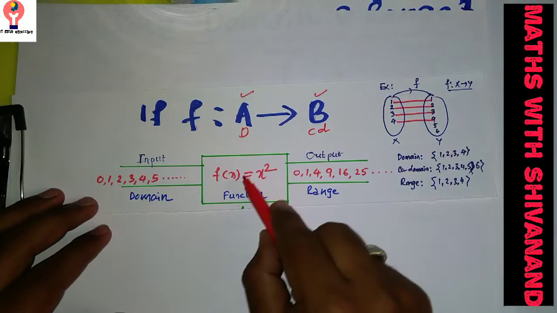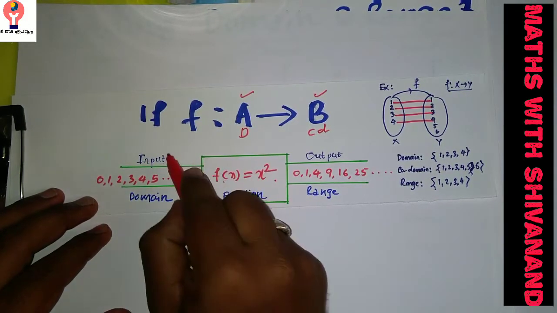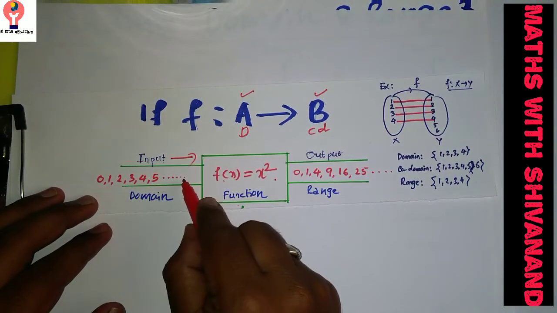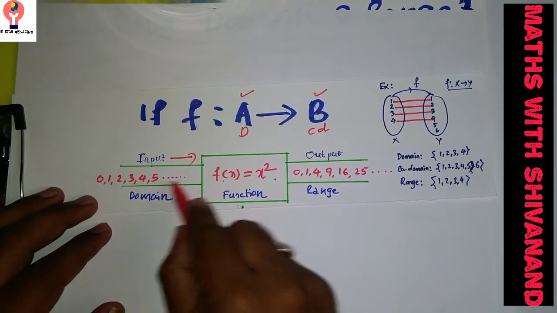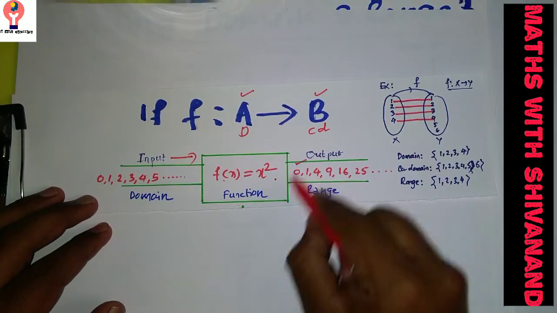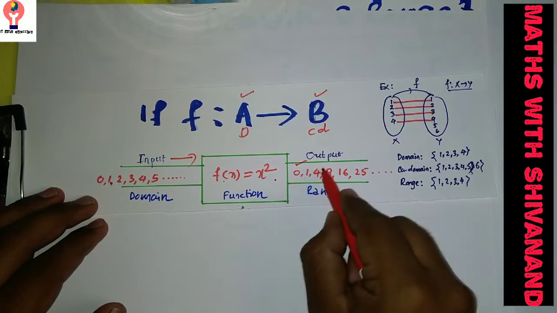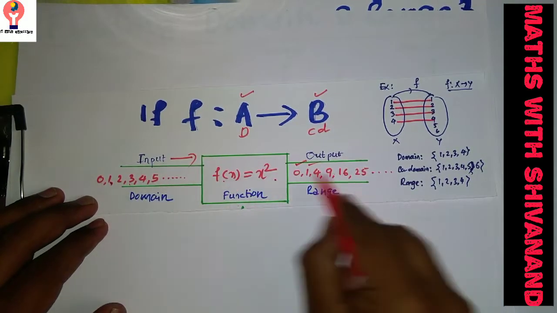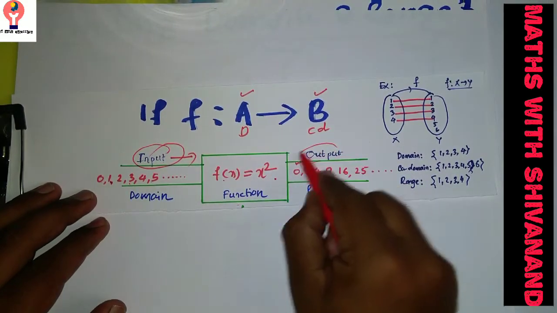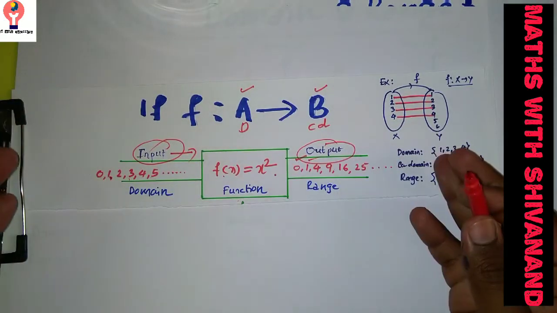Remember, students, a function is a kind of motion. For example, f of x is equal to x square. For this function, I am giving the inputs 0, 1, 2, 3, 4, 5. If I give 0 as the input, it does f of 0, which is 0 square, and the value of 0 square is 0. If you put the input 1, f of 1 is 1 square, which is 1; then 2 gives 4, 3 gives 9, 4 gives 16. These are the input values and these are the output values. A function is simply a motion: for some input, it gives some output.